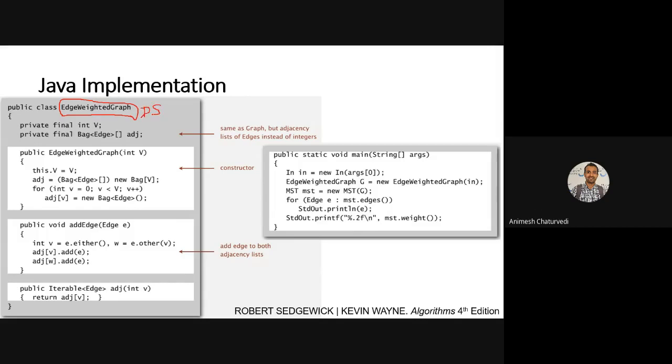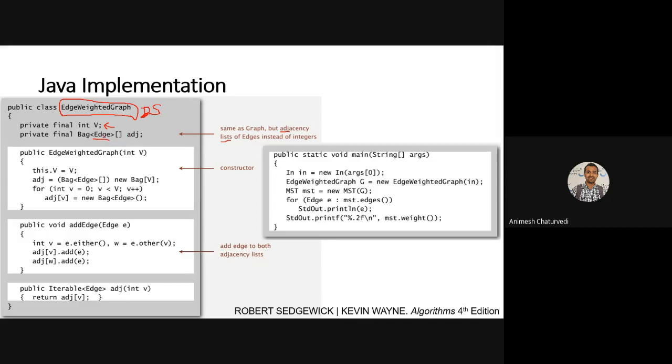What will this data structure do? Actually, this is a class. This class is defined to define the data structure, edge weighted graph. What does it do? It makes a weighted graph, meaning the edges of this graph are weighted. It takes simple integer type nodes, vertices, and it takes an adjacency list. So what is the adjacency list? How has it been taken out? It was taken out as an edge. We'll see how the edge is defined.